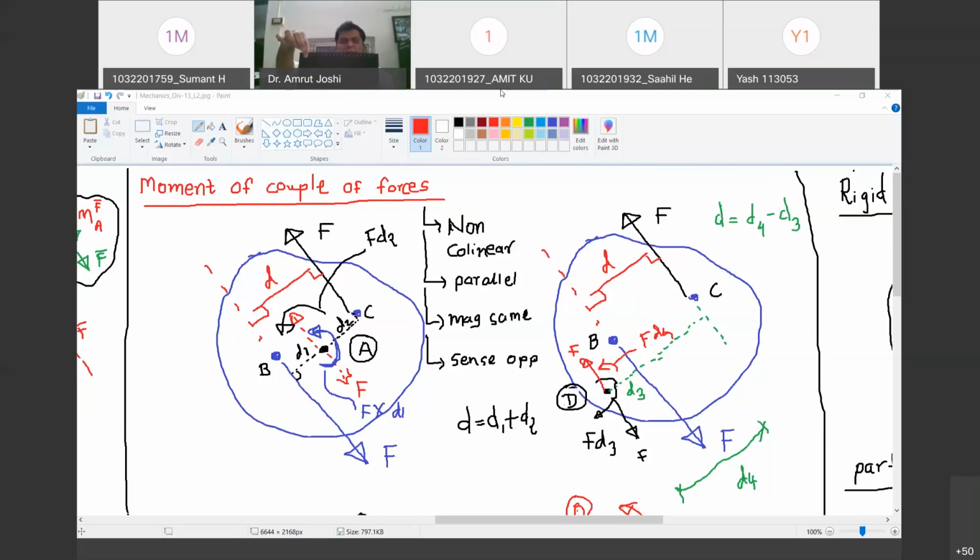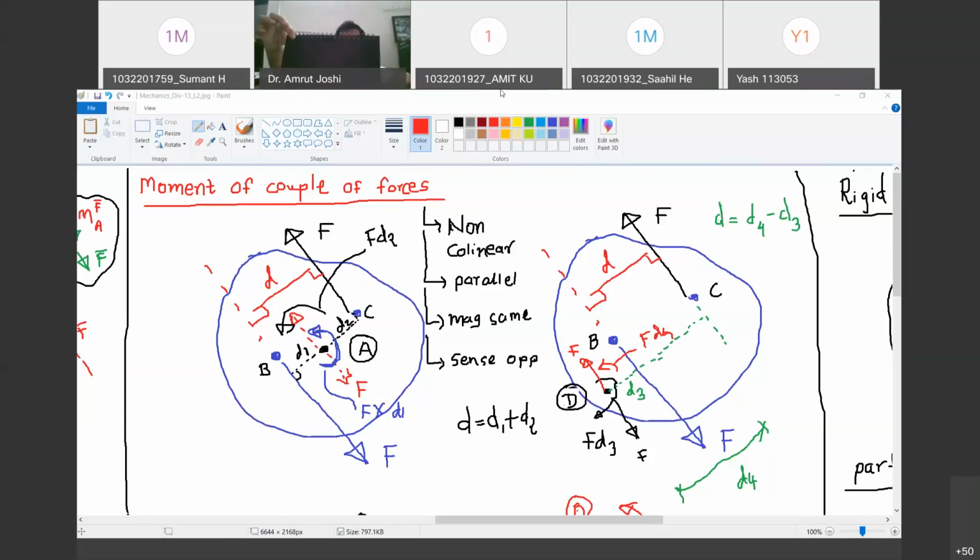Both have the same magnitude, but their lines of action are anti-parallel. Are you with me? Yes, sir. Now, this couple of forces, as this is acting upward and this is acting downward, is going to produce this kind of rotation. Are you with me? Yes, sir. ये मेरे लिए clockwise है, आपके लिए anti-clockwise. Are you with me? Anti-clockwise. Yes, sir.